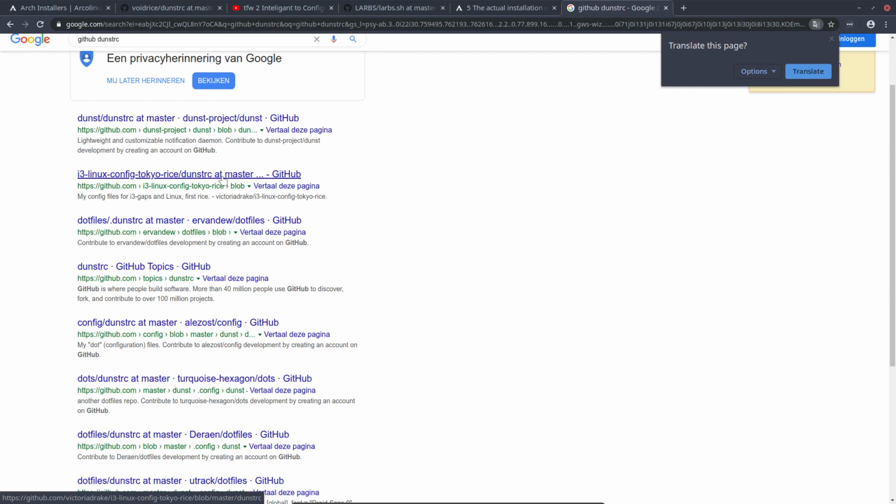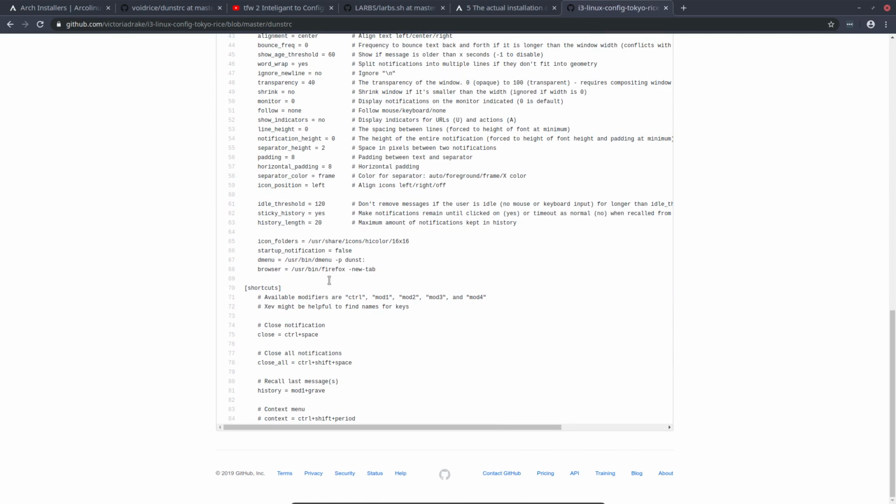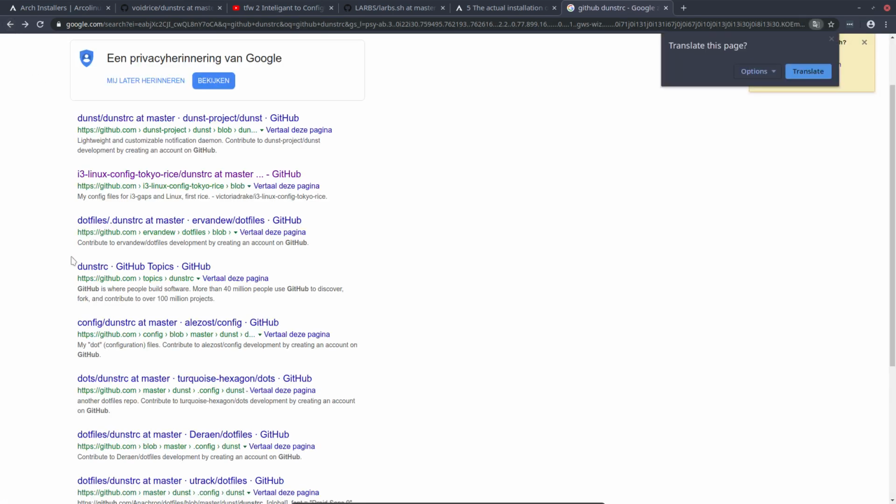Config Tokyo Rise dunstrc. Maybe this one is better than the other one. And that's how I made my own i3 configuration 4 years ago. Reading code, getting the best of the best, what of course you think is the best of the best, personal choice, right? So, but